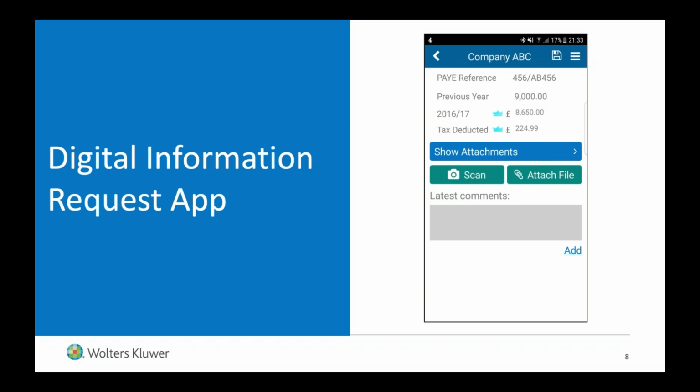Your client can scan, they can attach files. So if they wanted to upload, in this case, it's something like a P60, or obviously dividend vouchers, P11Ds, all of that nature, they can do. Now, we actually launched the digital request app last year. And this year, what we're doing is producing a web-based equivalent of it, again, accessible through OneClick itself, which may be for some of your clients may be handier